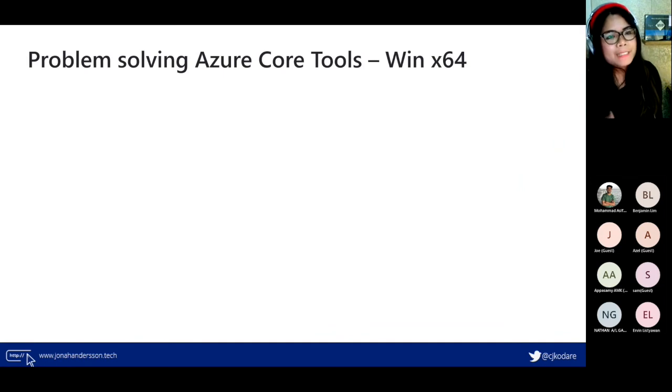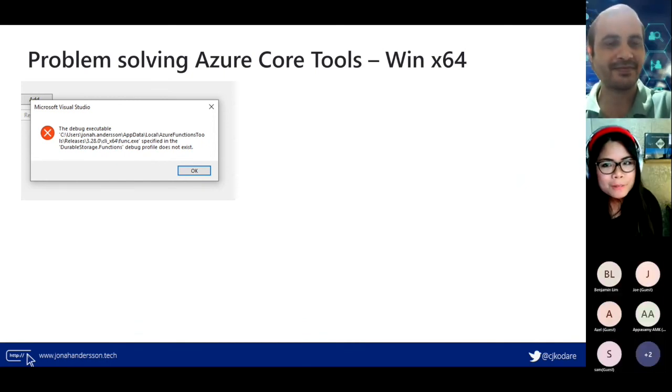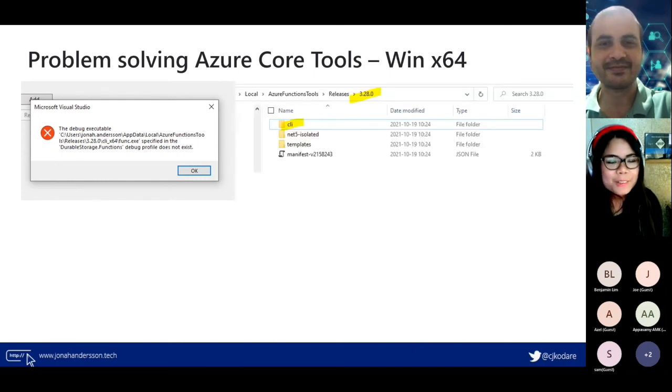I installed the latest version of Azure Core Tools, but I got an error called debug executable error, and I wasn't sure what was wrong. So I restarted my Visual Studio and tried to create a new repo for my project. It didn't work.